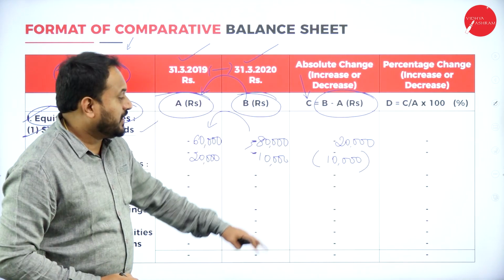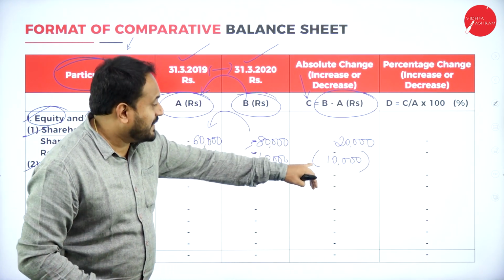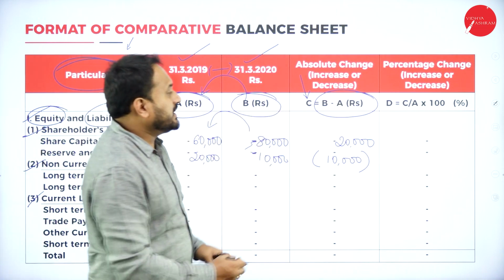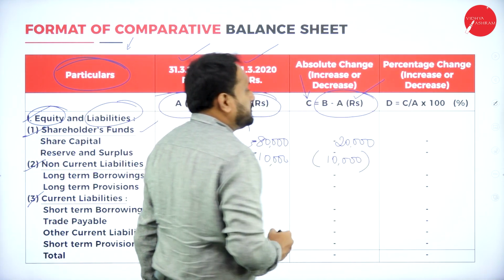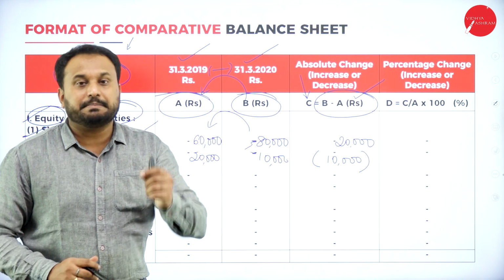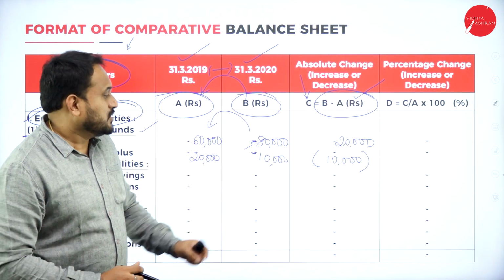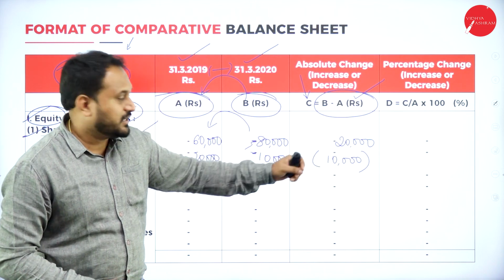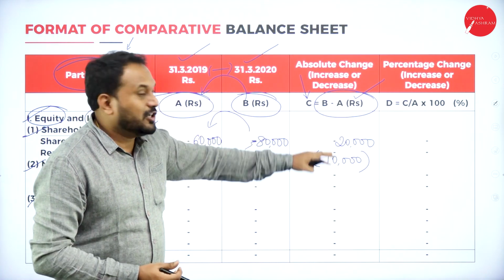So what I am putting here is a bracket. Nowhere have I written minus, because whenever the rupees symbol comes, you are not supposed to put a negative value. You never have minus 5 rupees, minus 10 rupees, minus 20 rupees. So how will you have minus 10,000 rupees? So it is 10,000, but it is a loss kind.